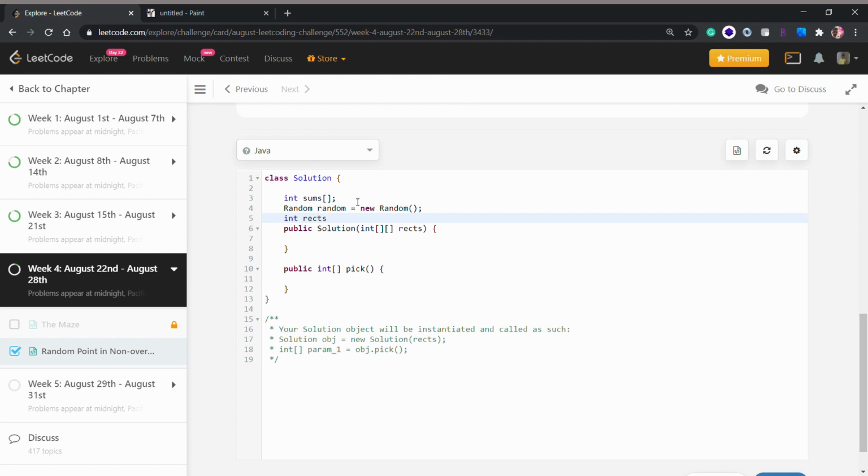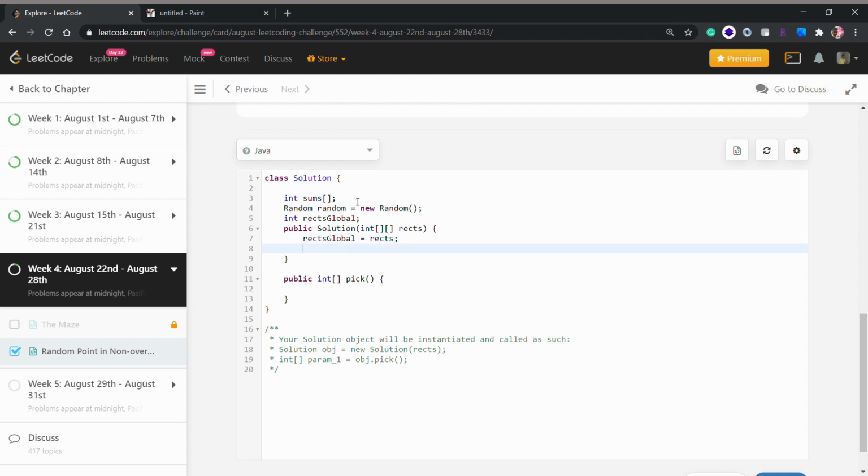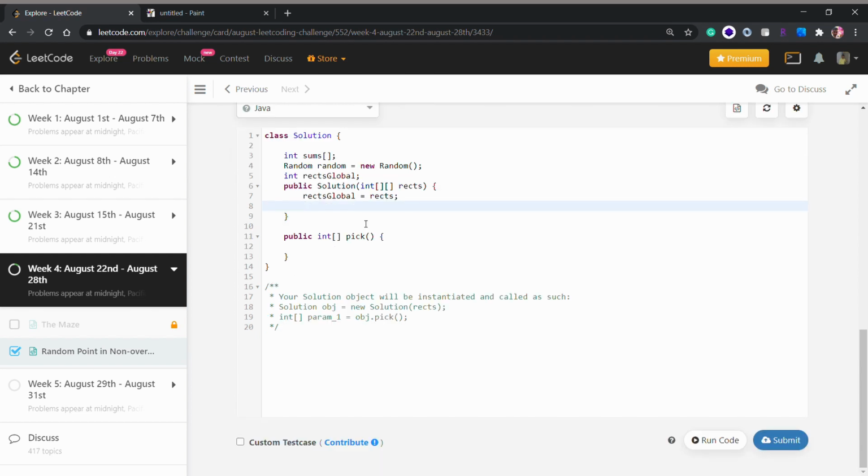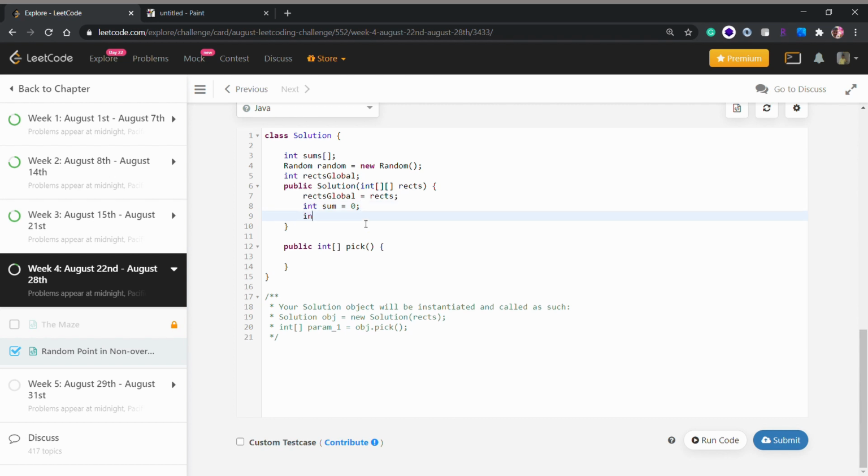And now we will have a global rects. I'm creating this global rects so that we can use it in all our methods. It is equal to rects, which is the rectangles we will be given, and then our integer sum would be equal to 0, and I will use an integer i equal to 0.